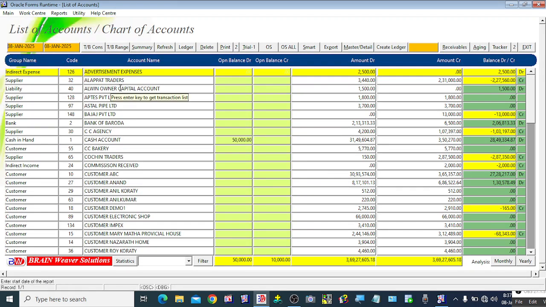I want to know, during a specific period of time, for example from 1st January to 31st January, I want to analyze the transaction details of all the accounts with a month-wise breakup, by entering the date range and clicking this monthly button. You can see at the bottom there is a button called analysis monthly. By clicking this monthly button,